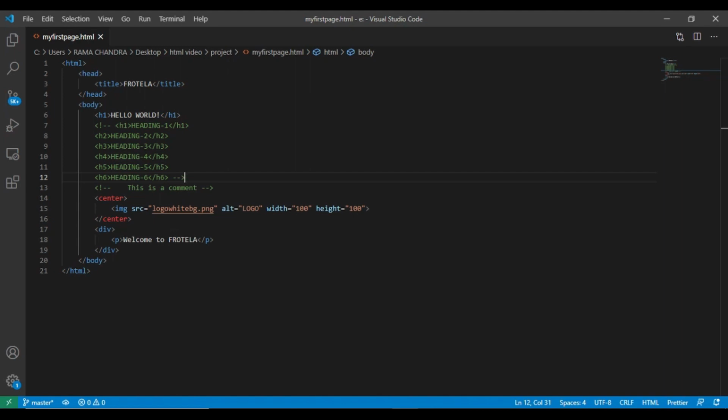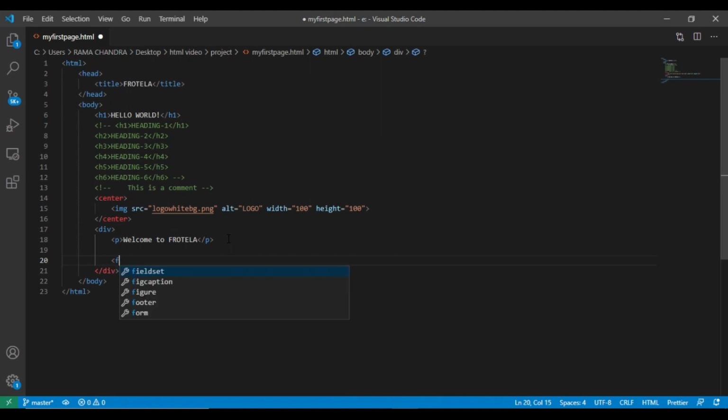Now let's add a form to our page inside the div container. The form element starts with a form tag and ends with a form tag. In HTML, form is used to collect user input. The user input is most often sent to a server for processing. Let me add an input text box for the user to write his name.